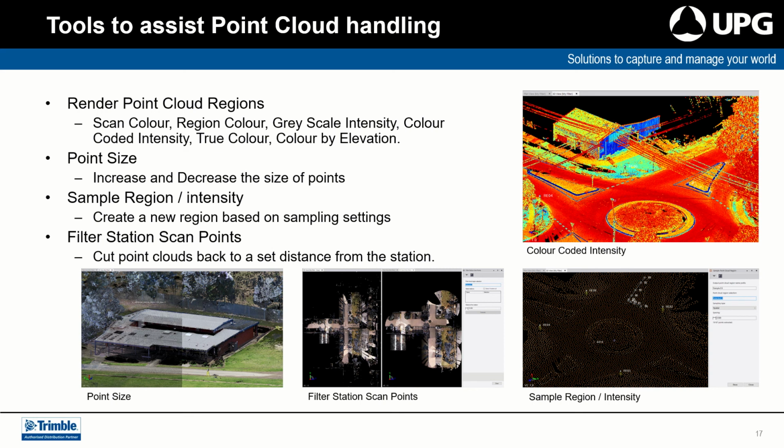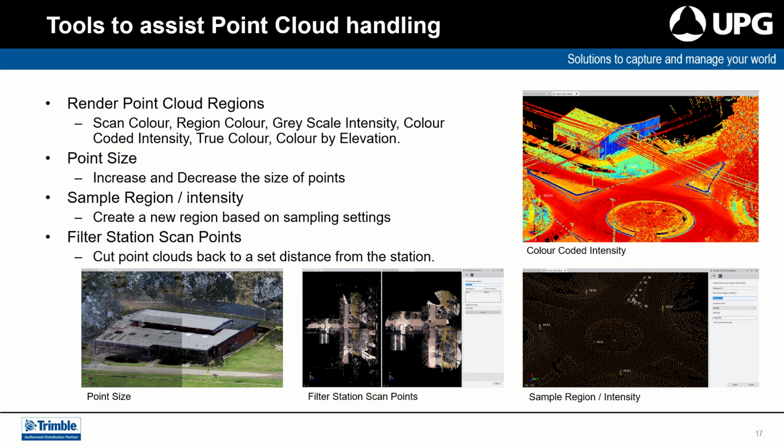The sample region and intensity, this will allow the data to be shifted and downsampled. So you can sample by intensity, which will look at the color code or the grayscale intensity values, and you can select the data at a particular intensity range and then shift that to a new region. Sample by region allows you to select an area and say, I want to have a point every 0.1 of a meter, and it will create a new region where it copies those points into that new region based on